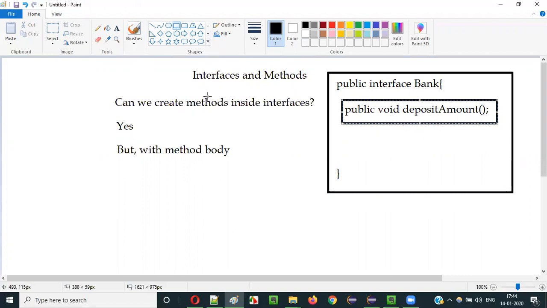Such kind of methods we can create inside the interfaces, guys. That's fine. Okay, that's fine. So next thing we need to know about the interfaces and methods is